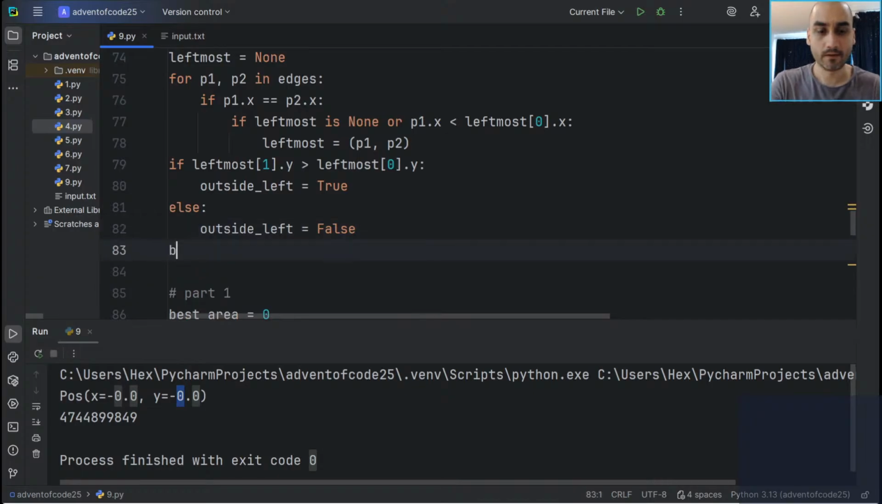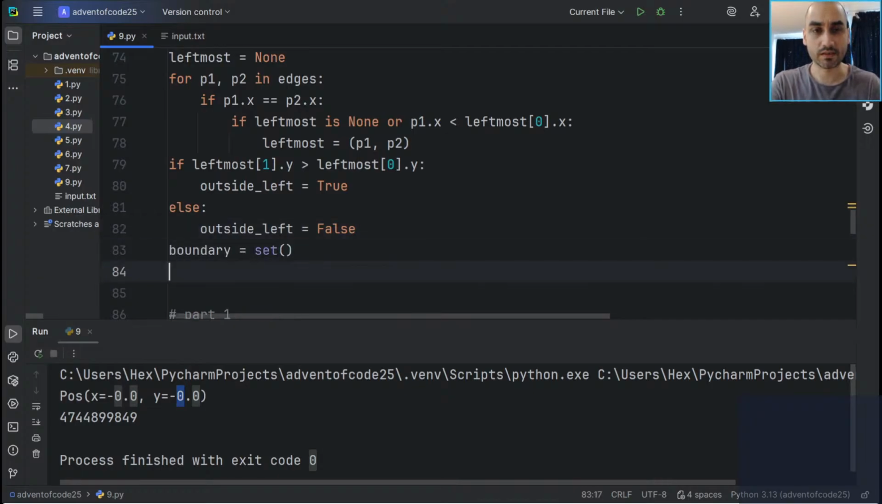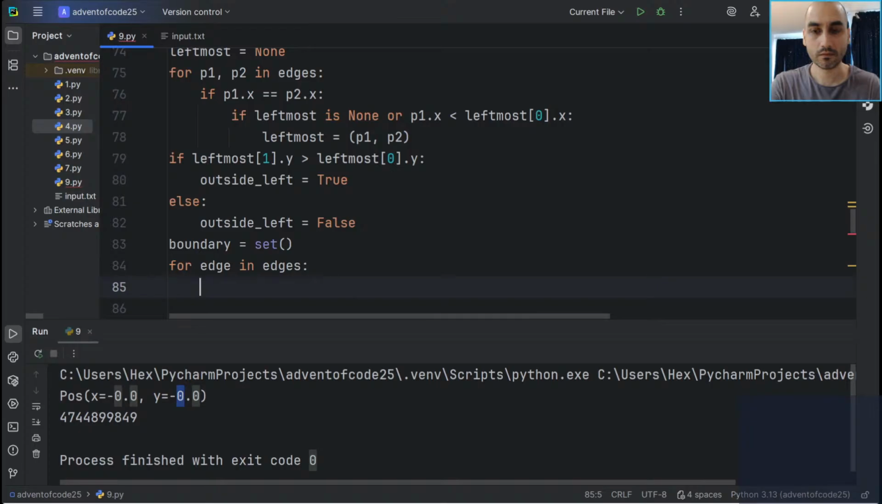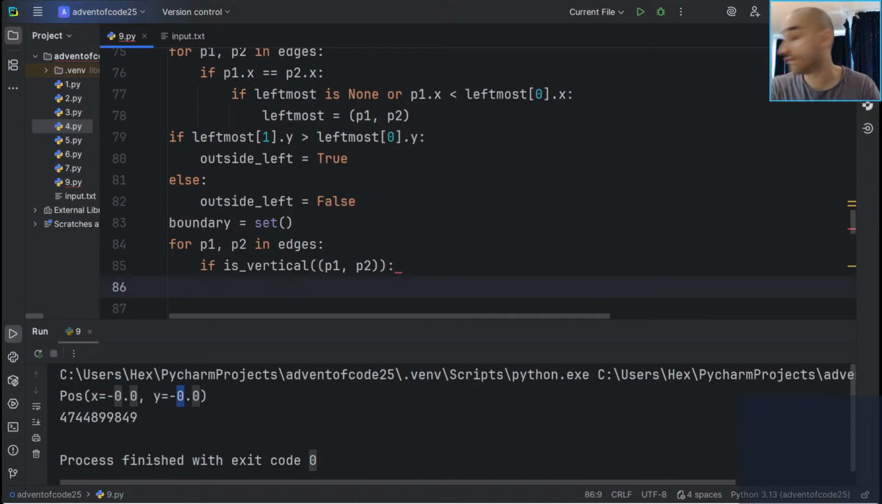Okay, now boundary equals set, for edge in edges. So we've got two points, and we want to say everything in between is on the boundary. So if the edge P1, P2 is vertical,